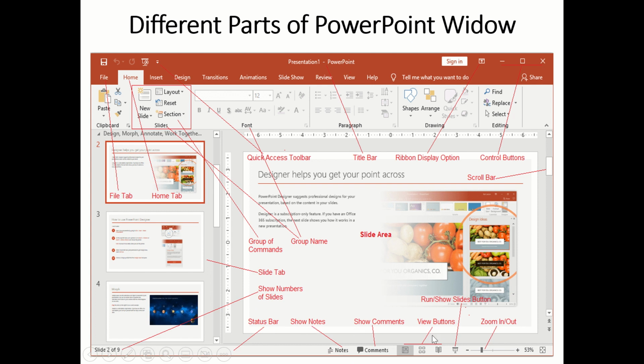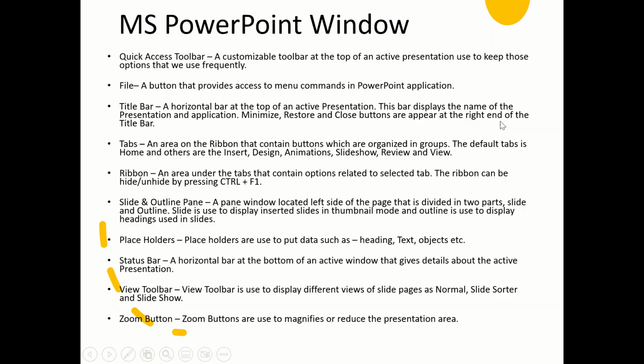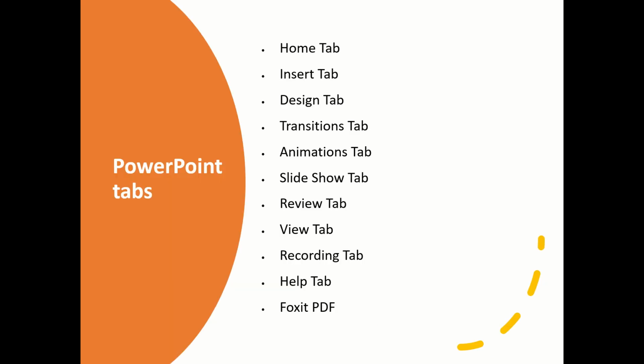And show comments, view buttons, we have zoom in, zoom out, scroll bars, horizontal, vertical, and also zoom in, zoom out. And control buttons we have, that is minimize, maximize, close. So let us get into each and every ribbon button. Here are the main ribbon buttons which we have in PowerPoint. That is Home, Insert, Design, Transitions, Animations, Slide Show, Review, View, Recording, Help,